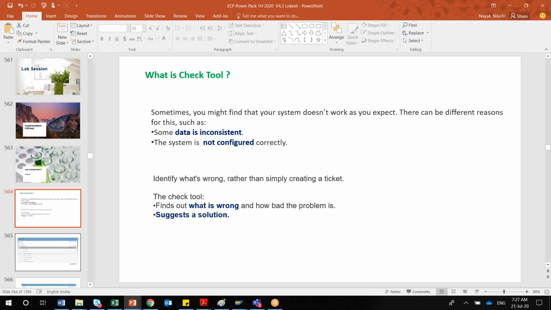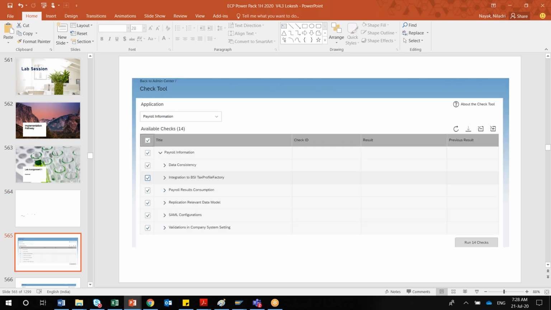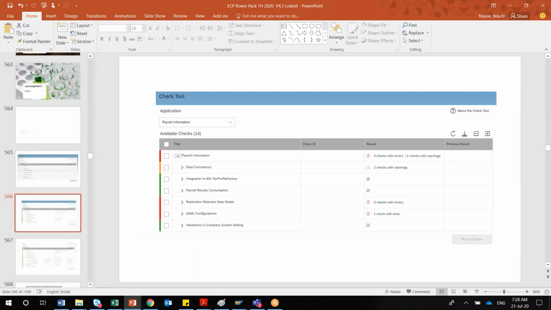It will suggest what is missing and what configuration you have to build, and also suggest SAP notes if any note is available for that configuration. We will see that again today. So this is regarding the check tool.